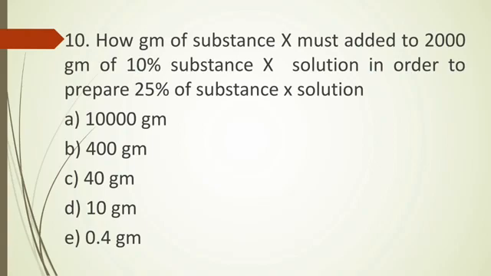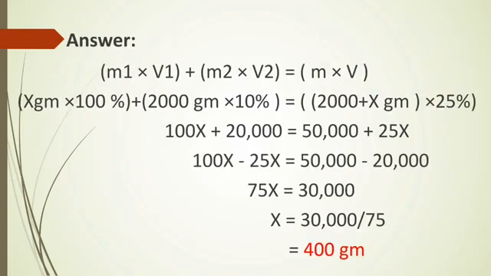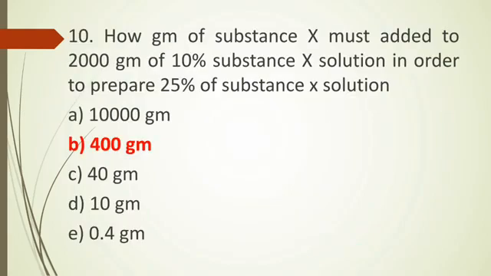So by substituting the terms we can find out the concentration of drug. Okay, so this is an easy question. By substituting we can find out the answer. Here the correct option is option B, 400 gram. Okay, so one thing I want to say, you have to study this question repeatedly again and again in order to understand it thoroughly. So you have to practice very well or study very well.